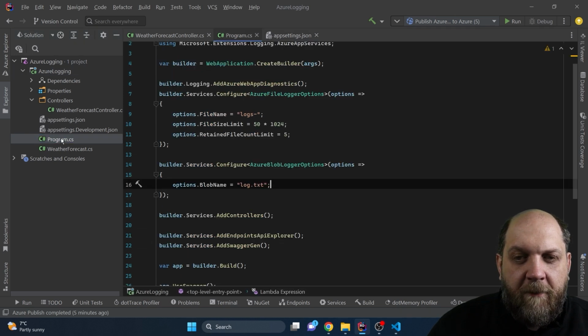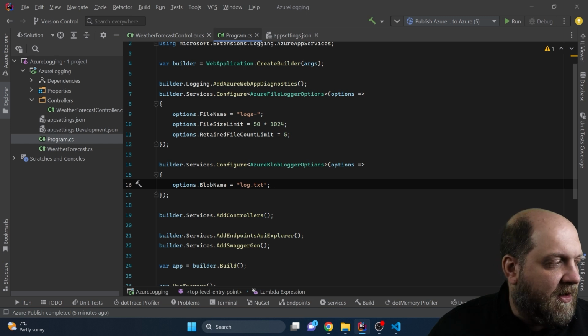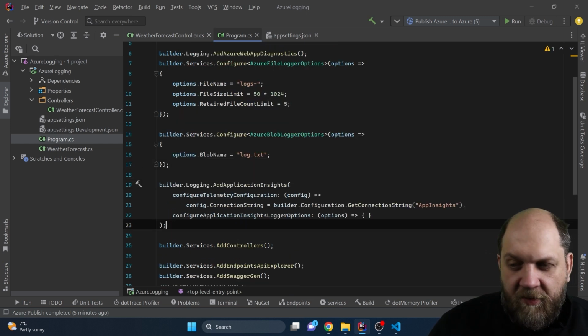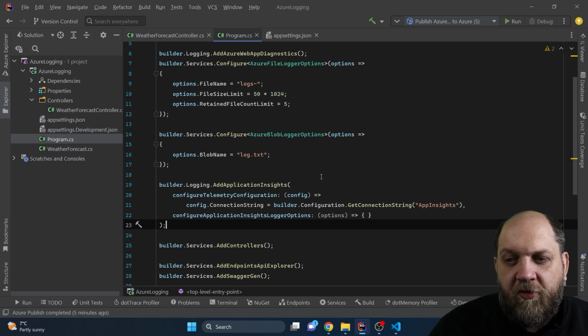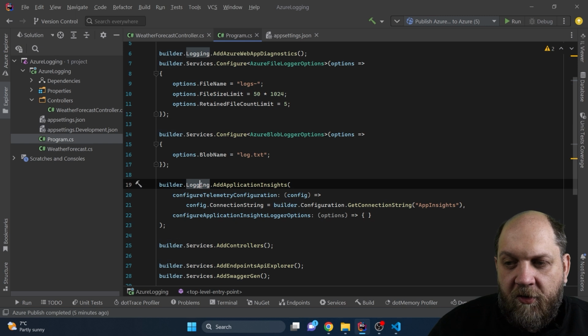And then we can go back to our program class and finalize the configuration for ApplicationInsights. Logging to ApplicationInsights is as easy as just providing a simple configuration here. We can use builder.logging. So on the logging part, we want to add ApplicationInsights. Now, AddApplicationInsights is part of this Microsoft extensions